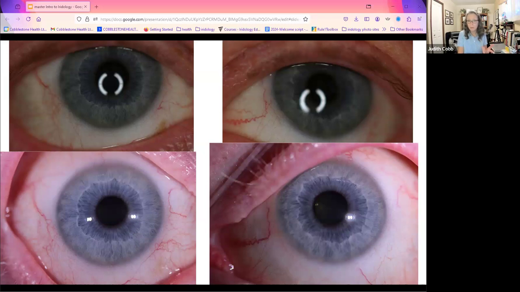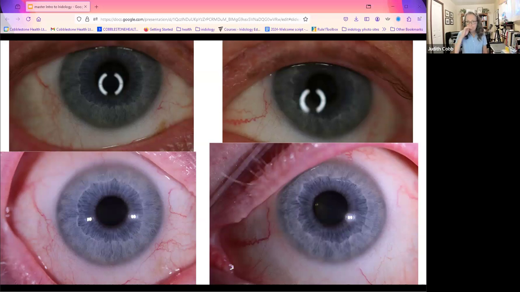So we put him on a hydrochloric acid and a general digestive enzyme, one that especially had liver herbs in it. We also added some berberine, because berberine is really great for helping the cells to be more insulin receptive. And we used some L-arginine to help with some vasodilation. So we were working on his cholesterol, his blood pressure, his blood sugars, everything.